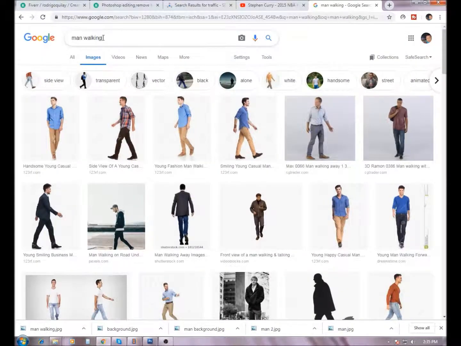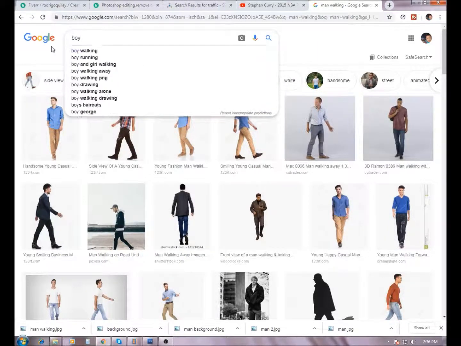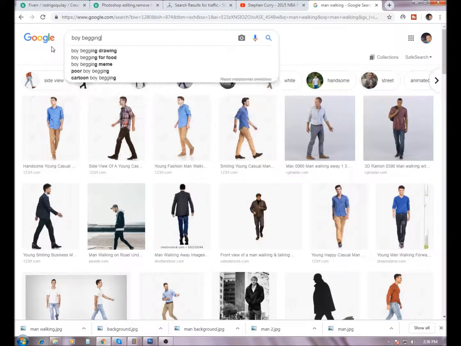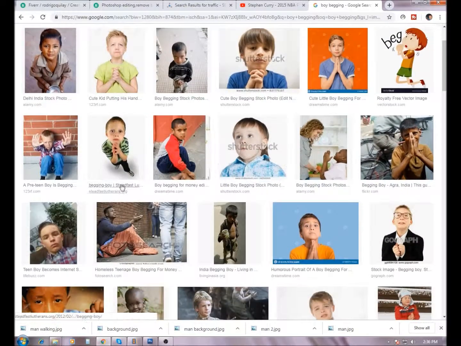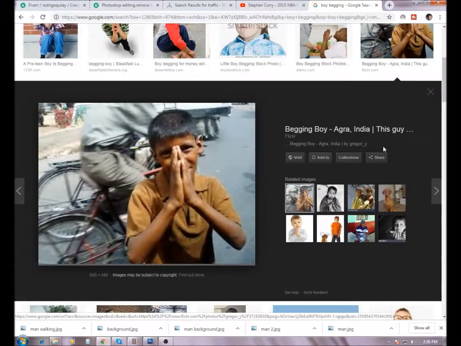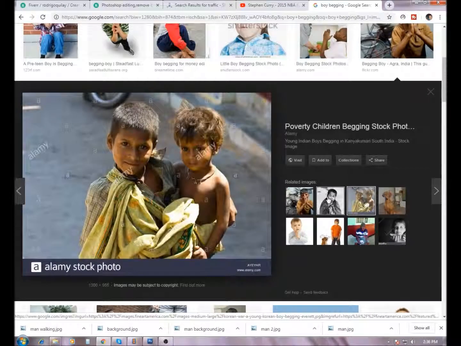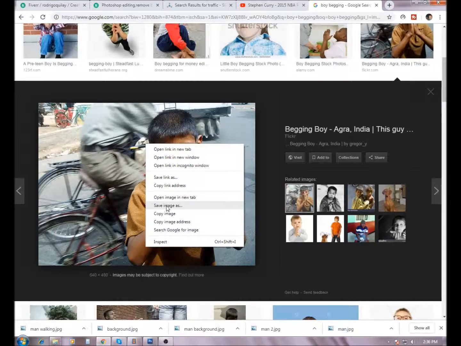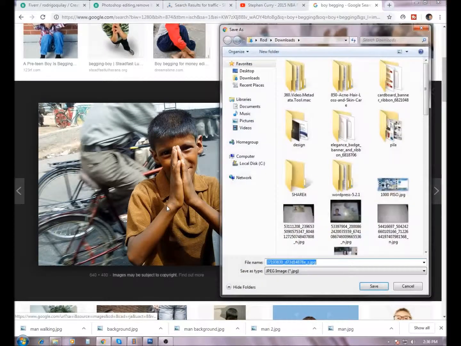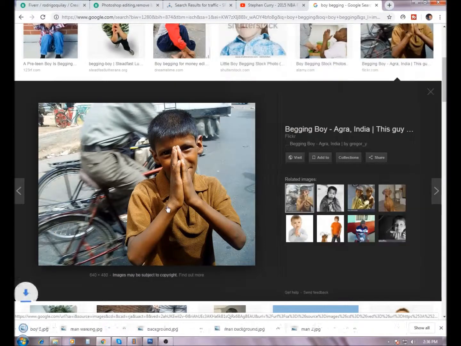Find another, a boy begging. Okay, this kind of boy. Maybe this, or maybe this one. So right click again, and then save image as. Then we will give it a name, boy 1. Just boy 1. We give names just for remembering when we put them in the